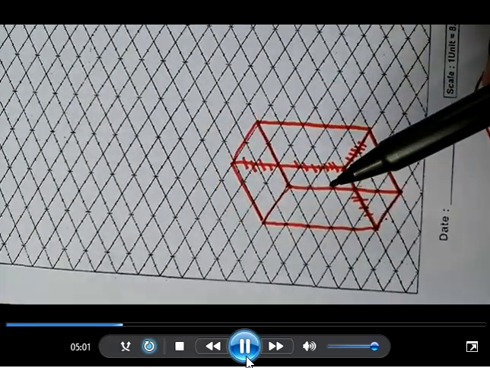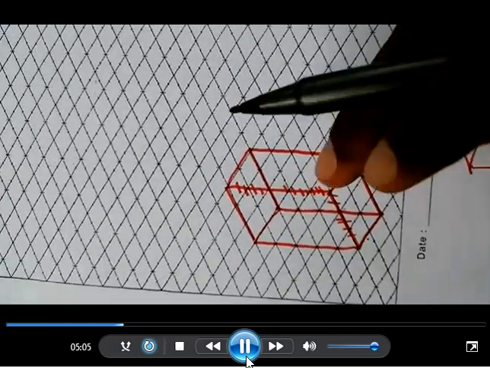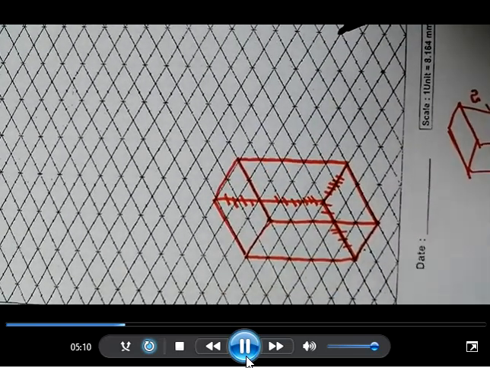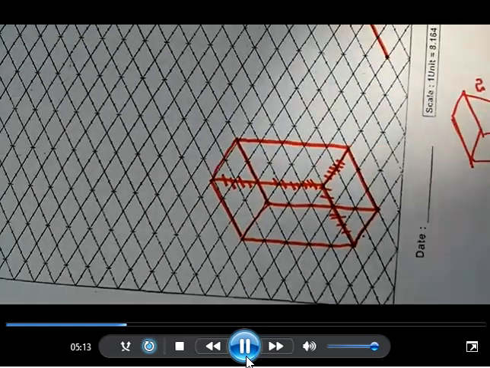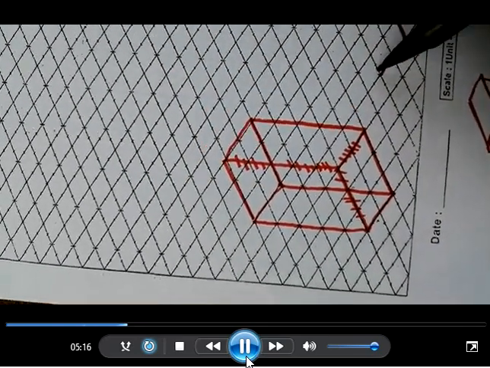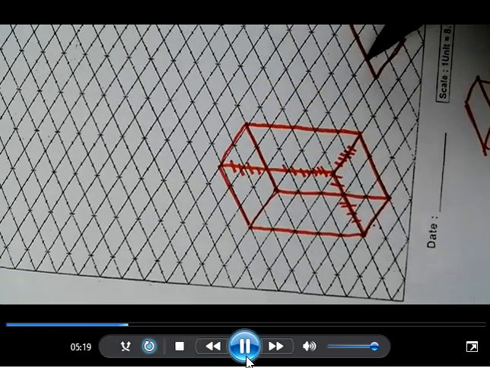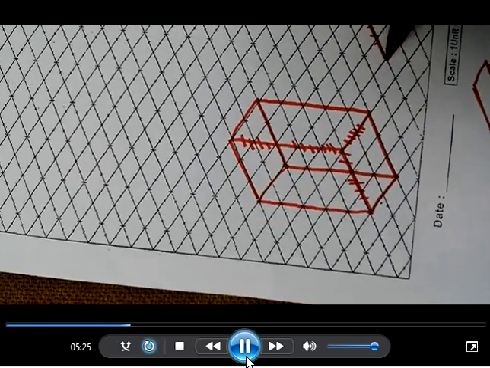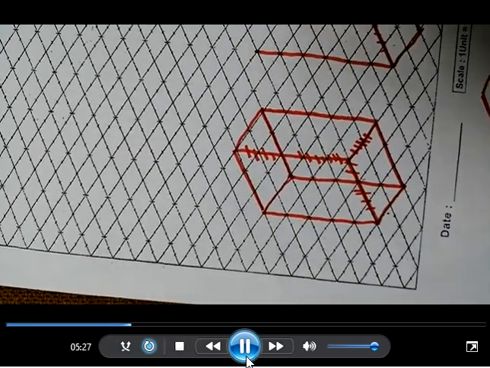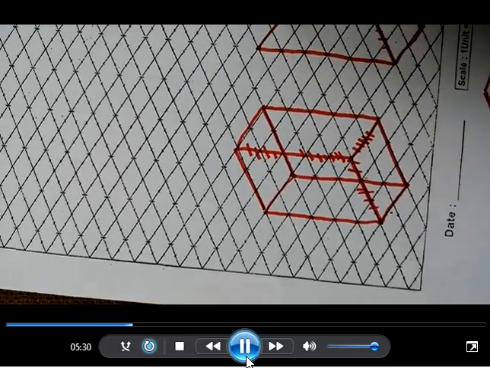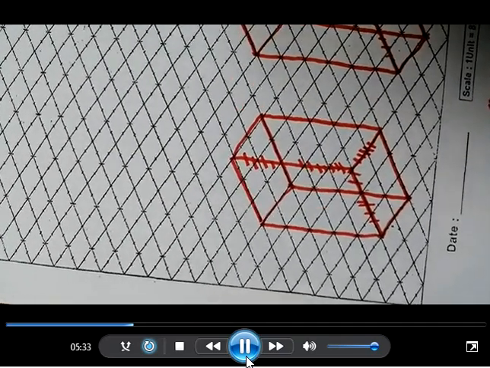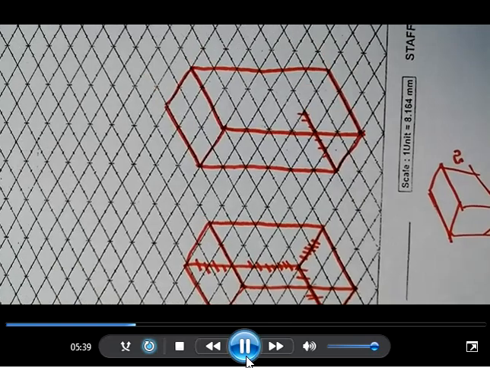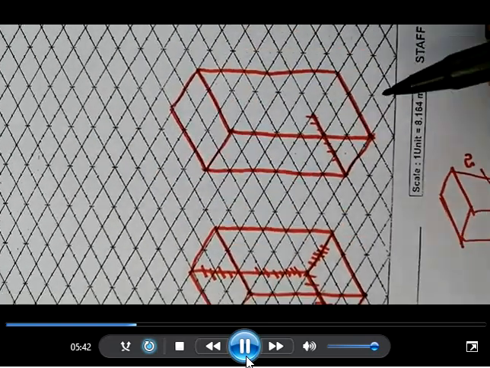So you can erase these three lines so that your final drawing will be, I'm not able to erase lines here. So when you draw it using pencil and scale, you can erase it. So your final drawing will be like, sorry, this line also you have to erase, this is not needed. Your final drawing will be like this, 50. This will be the final drawing of the rectangular prism of dimension 20 by 30 and height 50 mm.